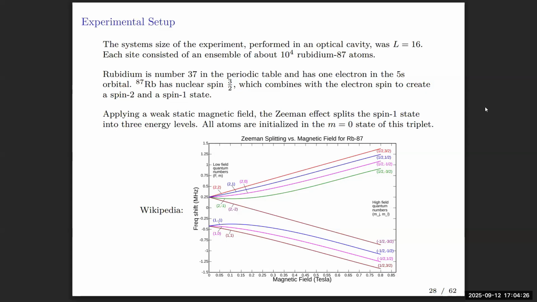Yeah, so maybe I should clarify. It's not that their system size, they say 16, means they have 16 atoms. They have 16 ensembles of on the order of 10,000 atoms. And then they initialize the system in the m equals 0 state. You put a strong magnetic field to initialize them in m equals 0. And then the idea is that